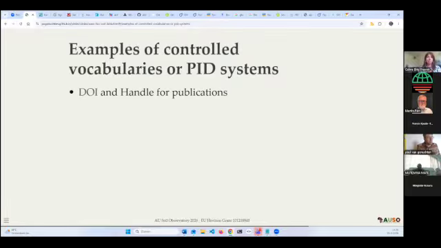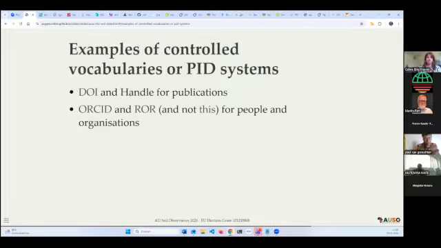We have already seen the DOI and handle system, where each work gets a persistent identifier. We've seen ORCID, which identifies authors in academic publications. We also have ROR, which is an organizational repository.